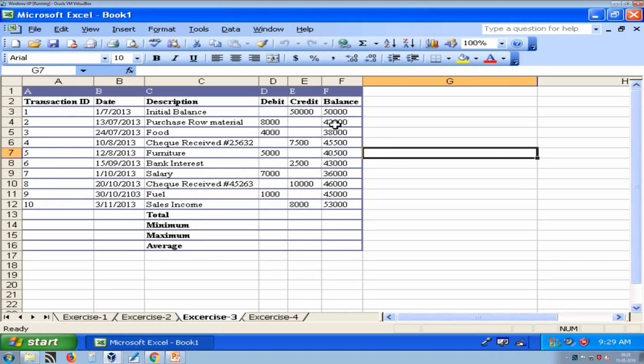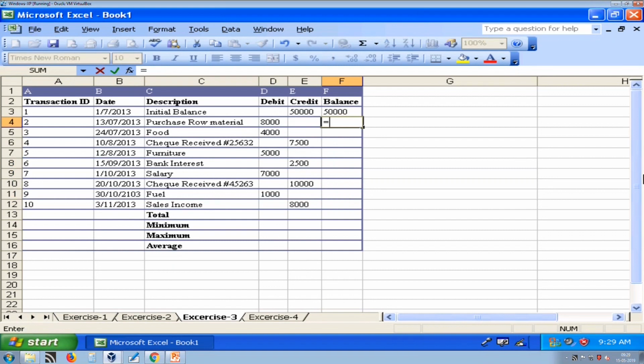So, here is our exercise ready in Excel. As we mentioned earlier, this is our initial balance. Now, how to find out these values? So, here I am going to delete this. These balances can be found by subtracting the debited amount from the previous balance and by adding any amount which is credited on the same day.